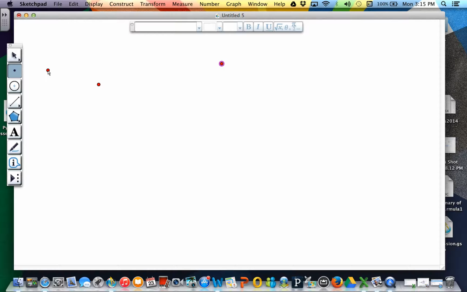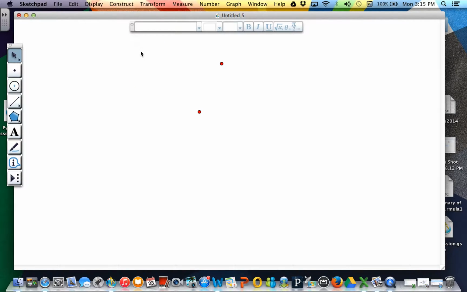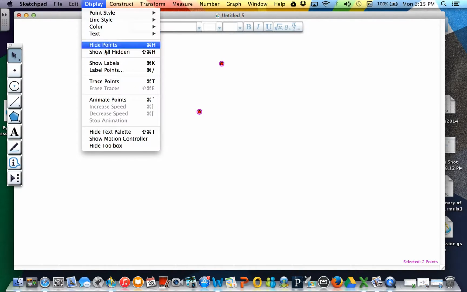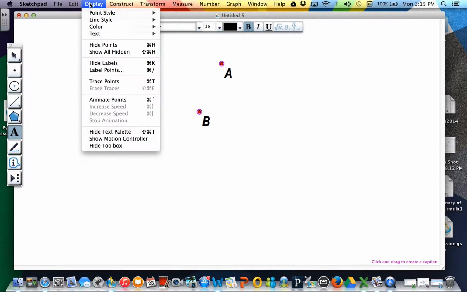If you select geometry and you want to hide a little bit of it, select it, hit Display, Hide Points. In the Display menu, you could show the labels of those points. As well, you can access this text tool to do that. Also in the Display menu, you can provide some motion by animating points